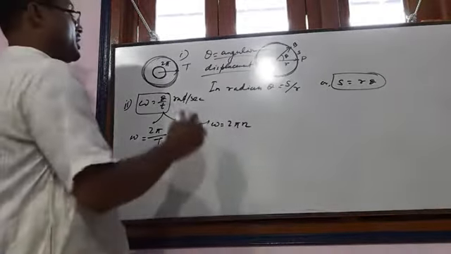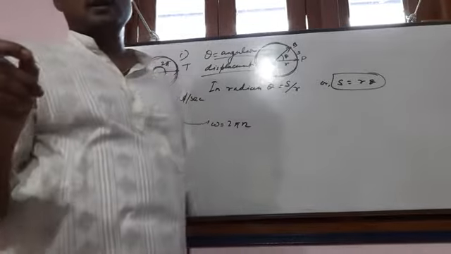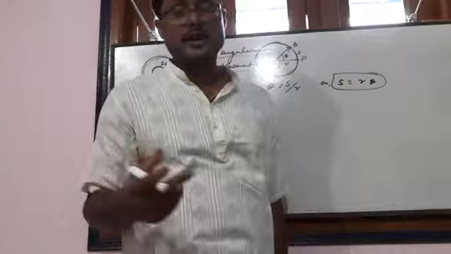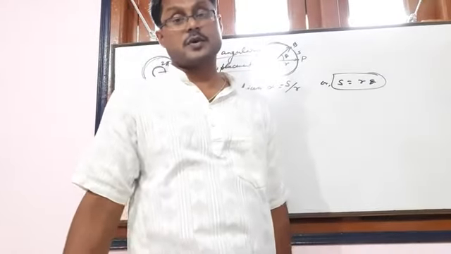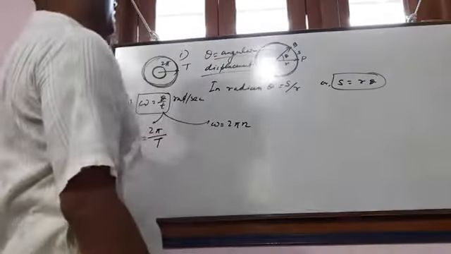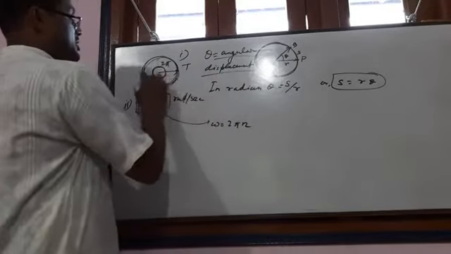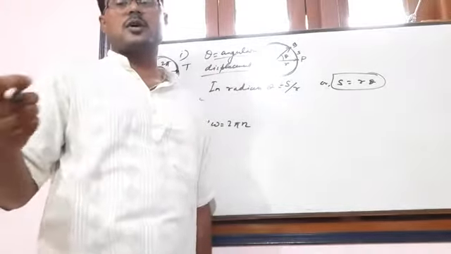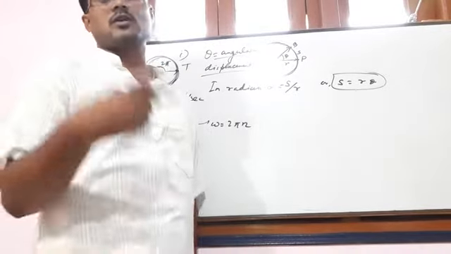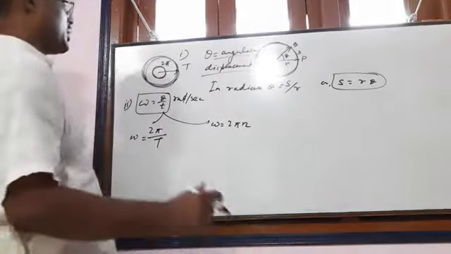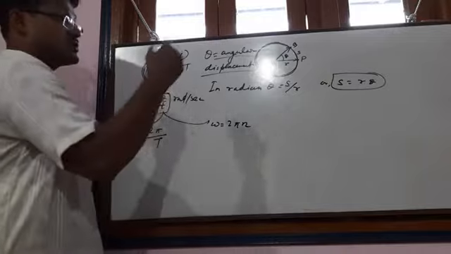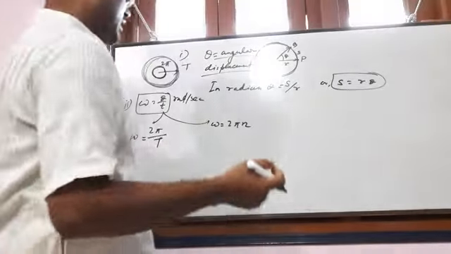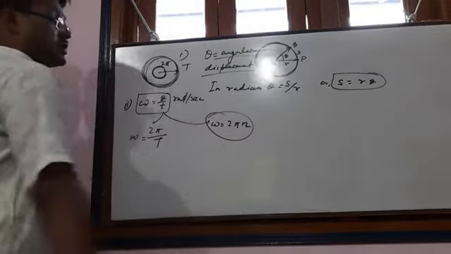And what is 2 pi n? In 1 second, how many oscillations or how many circular motions can be performed? That is known as frequency, which is n. So in 1 second, n number of oscillations, or n number of circular motions, are completed. Whenever one circular motion is completed, the angle produced is 2 pi. So for n, it will be 2 pi n: omega equal to 2 pi n.